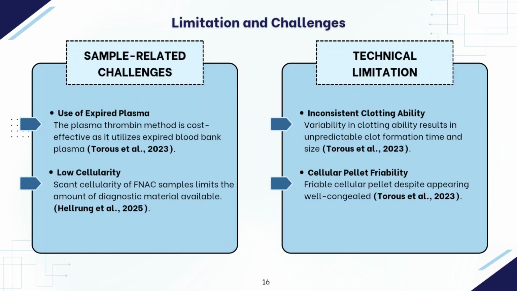Plasma thrombin cell block preparation is often considered cost-effective because it uses expired blood bank plasma. However, expired plasma may show variable clotting efficiency. This means that clot formation may not always be consistent, which can affect the overall quality of the cell block. In addition, FNAC samples often contain scant cellularity. When the number of cells is